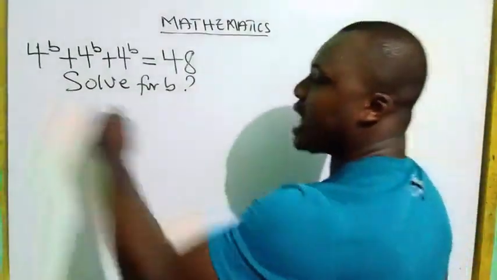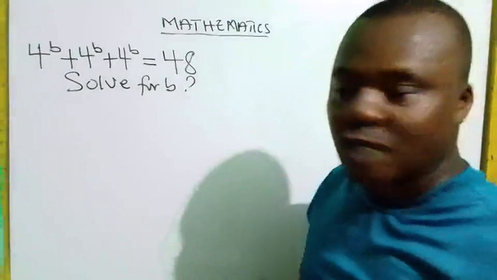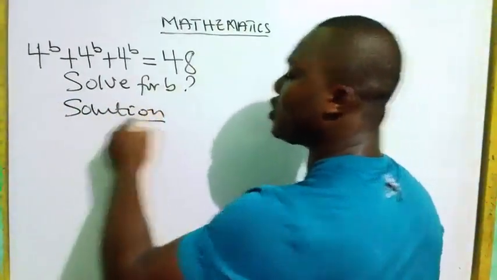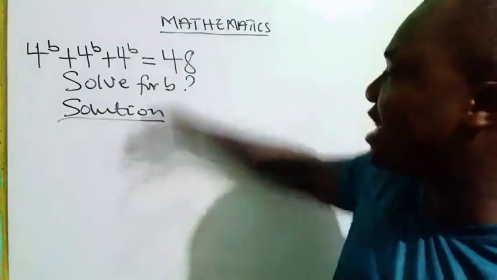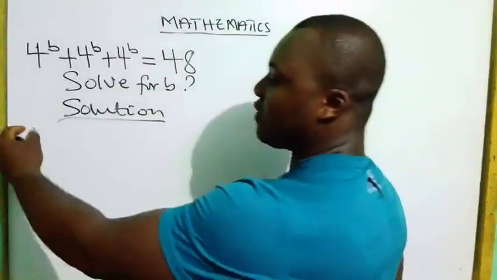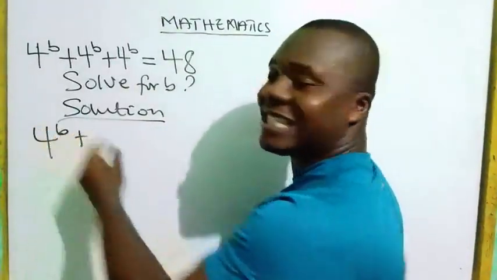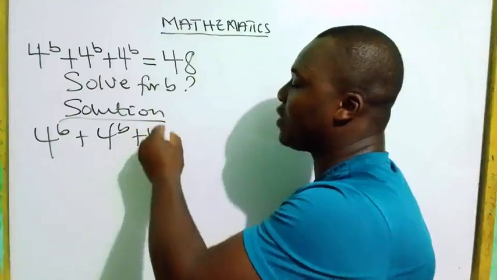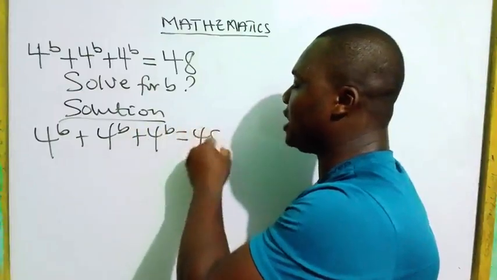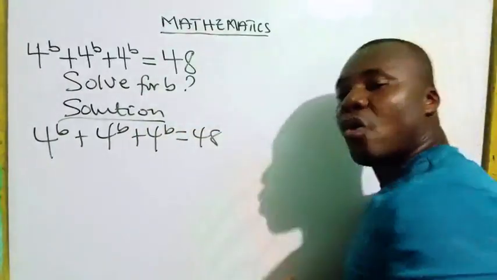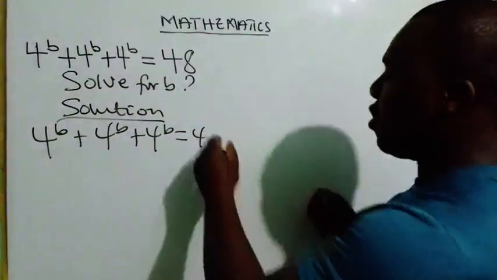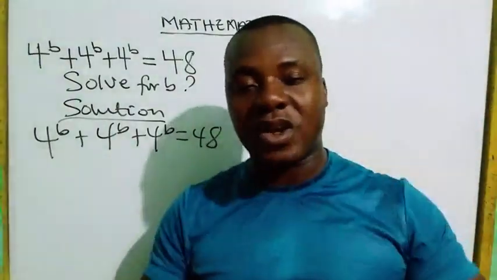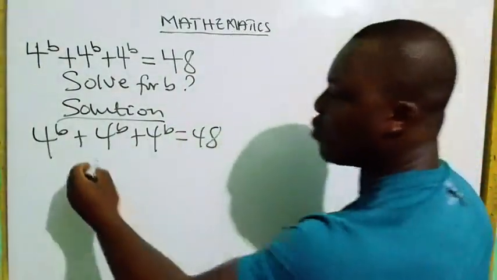So when you are given an equation like that, put a solution. So the solution is this. We are going to drop this particular problem down, which is 4 raised to the power b plus 4 raised to the power b plus 4 raised to the power b equal to 48. Now, when you reach here, we are going to use about 3 to 4 steps. So step one,